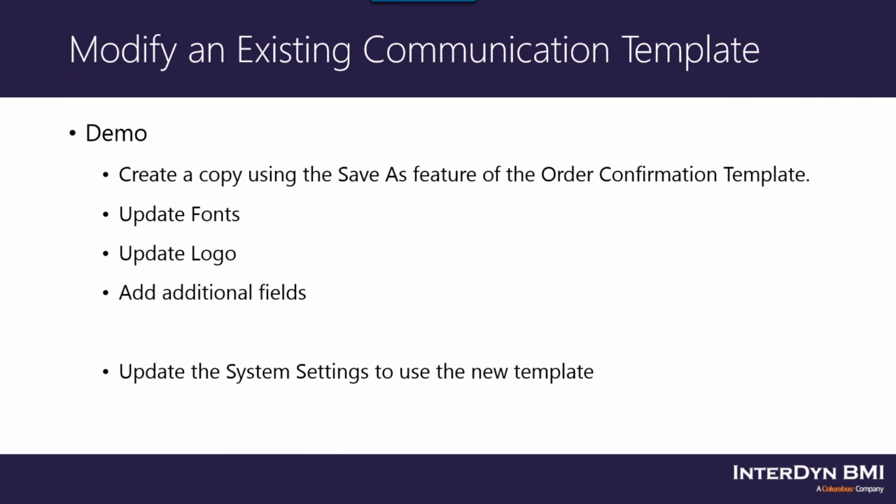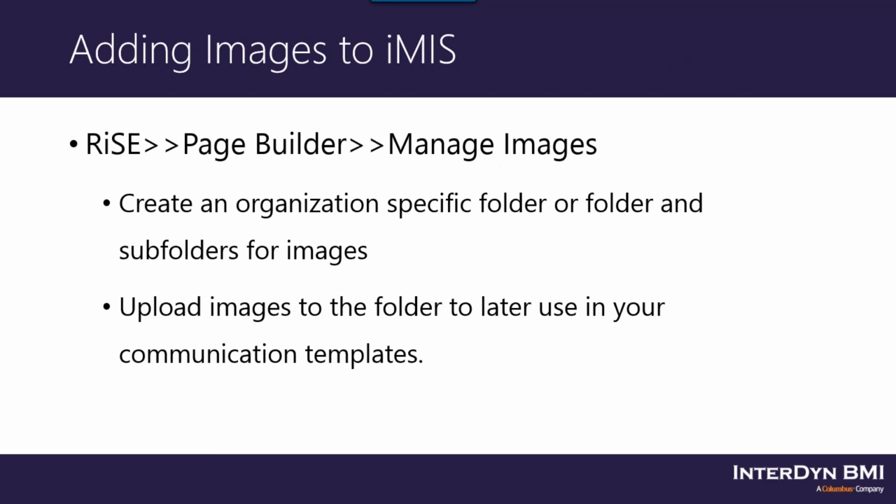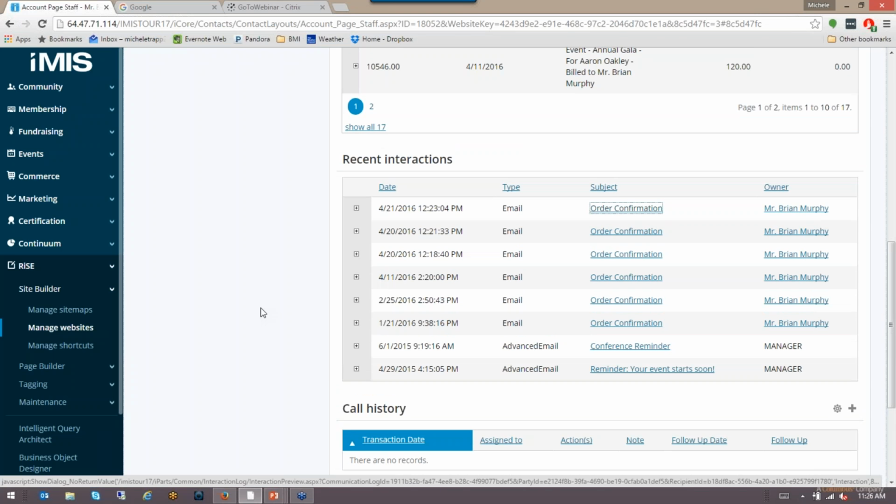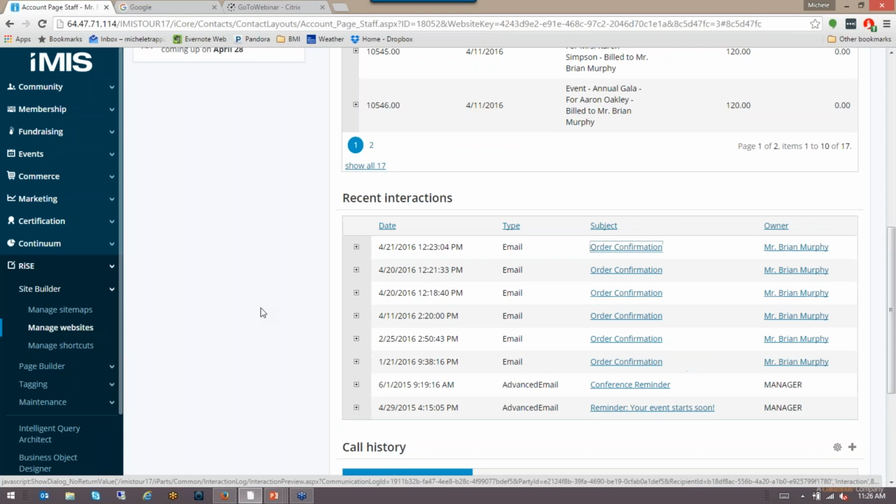So we created a copy using the Save As feature. I updated the font, the logo. I could add additional fields. And then we went into the system settings to use the new template. What I wanted to show you next, because I skipped over that piece just to show you the process of making changes to the template, is where I uploaded my image. So prior to the webinar, I went in and